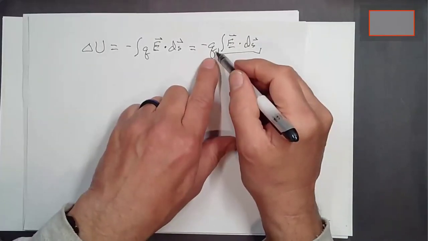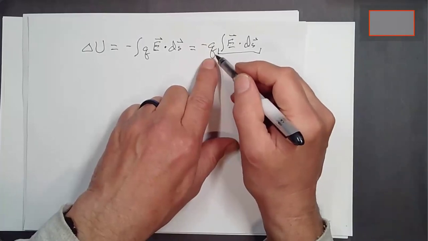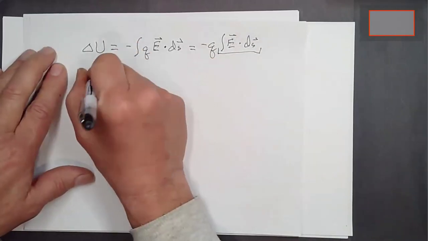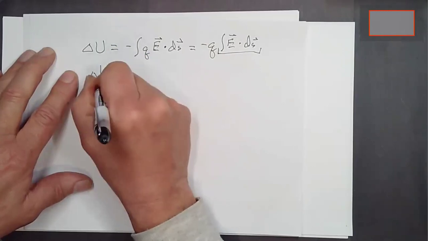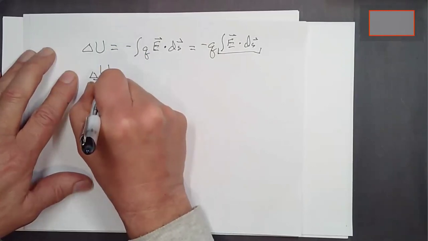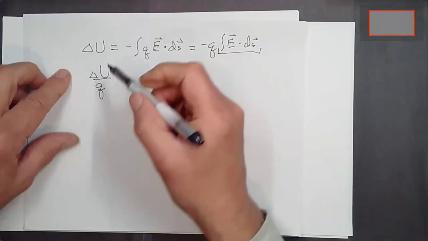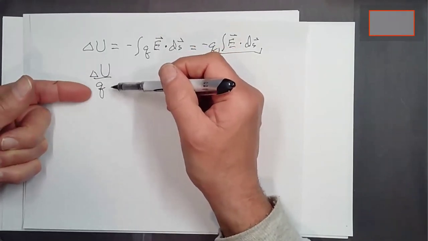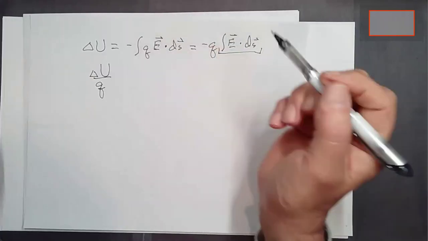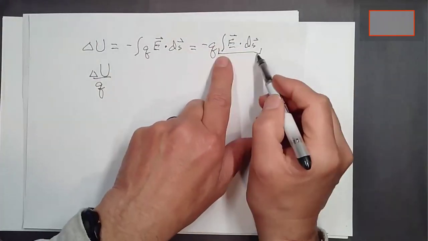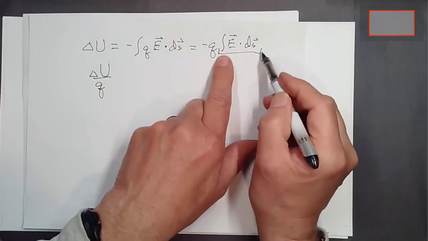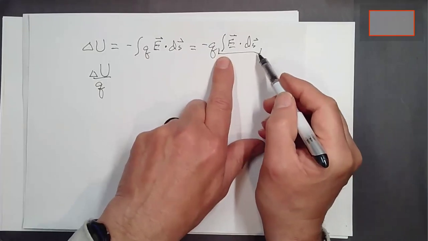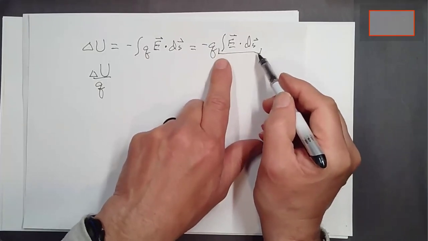And so we might actually divide both sides by this q. And what we get when we do that is delta U over q. This would be the potential energy per unit charge. And then in the geometry we have that we're calculating this integral for, we'd get a change in potential energy